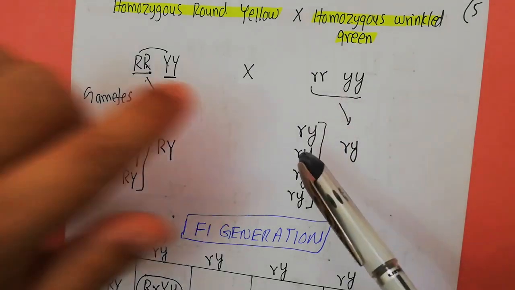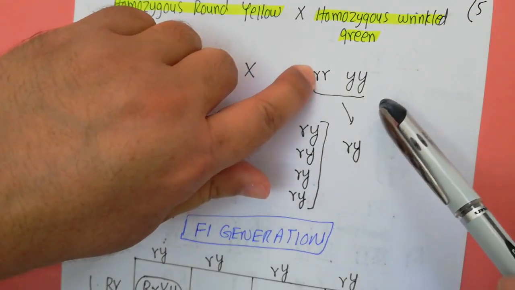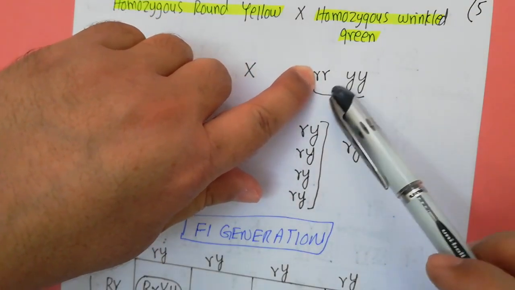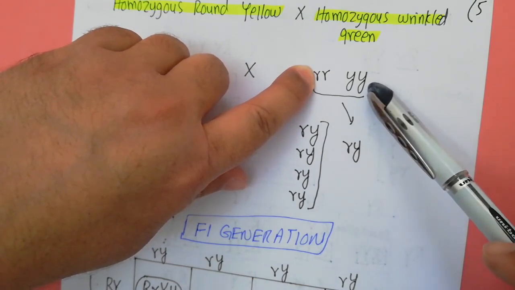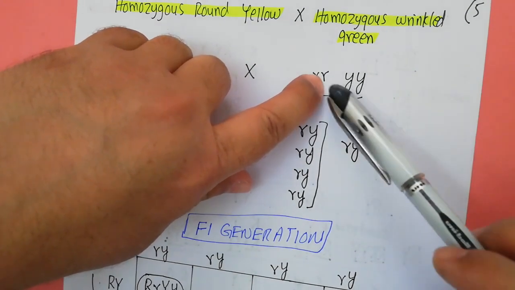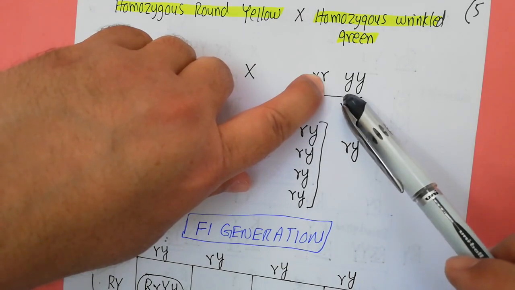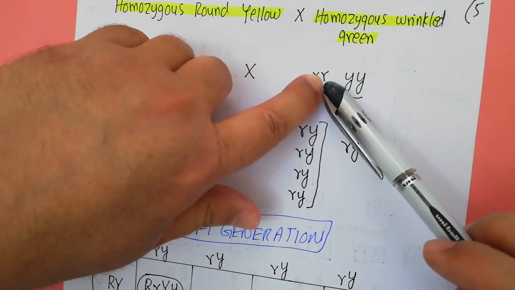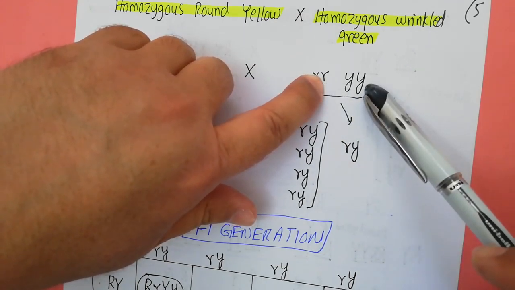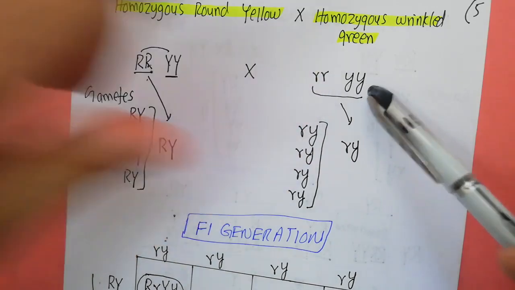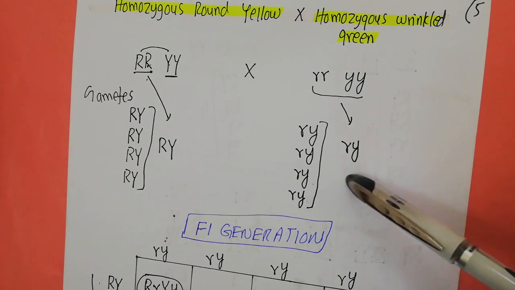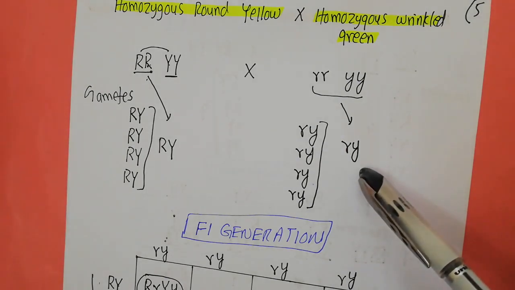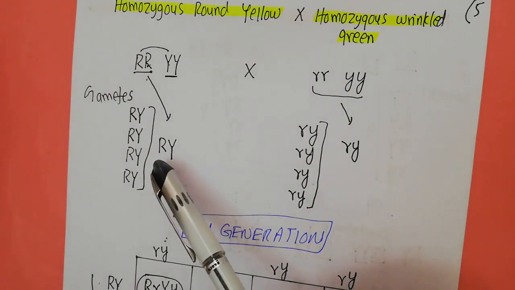The first small r can actually combine with the first small y, but this first small r can also combine with the second small y. Same will be true for the second r. The second r can combine with the first y, and this small r can actually combine with the second small y. So this particular parent, again, is going to produce only a single kind of gamete, that will be small r and small y, and the other parent will be producing the gamete having capital R and capital